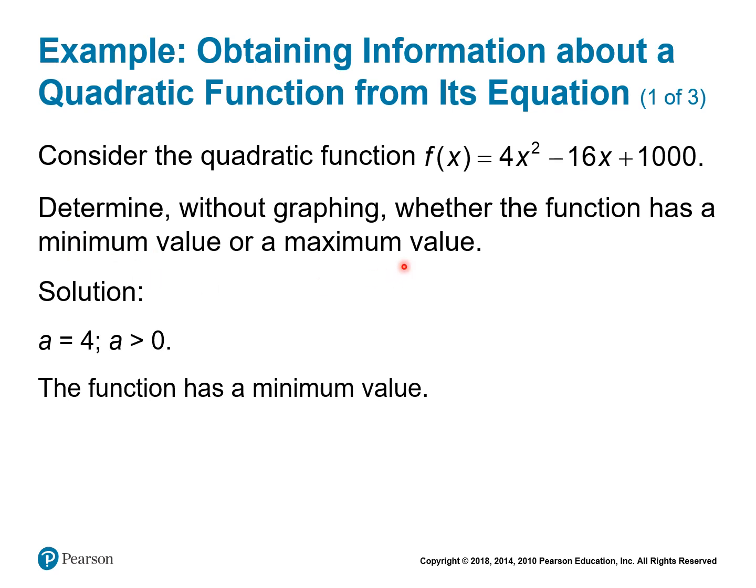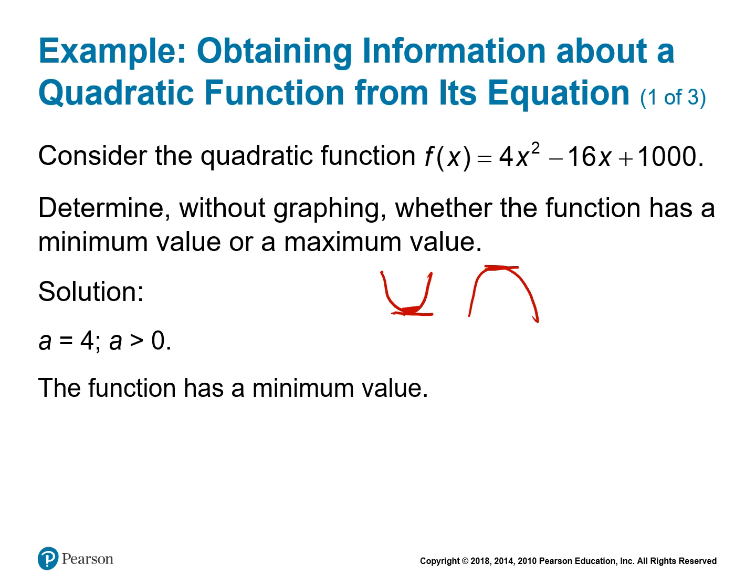If the graph opens up, then it has a minimum value. If the graph opens down, then it has a maximum, a peak point. All right, it has a peak point, and what's called a nadir point, N-A-D-I-R, nadir is the lowest point in the